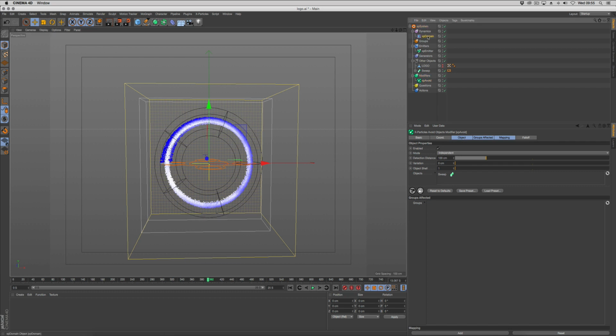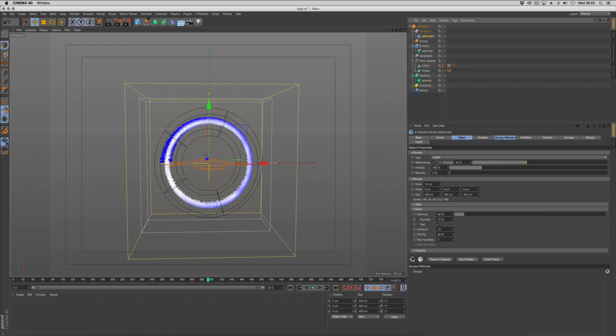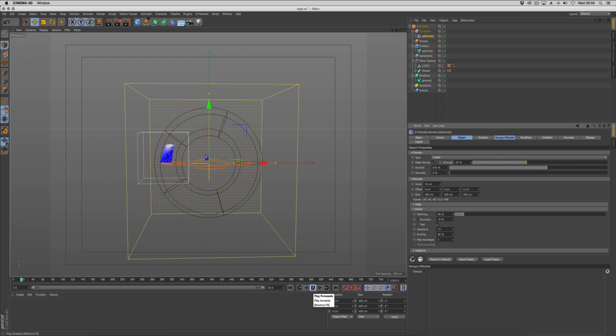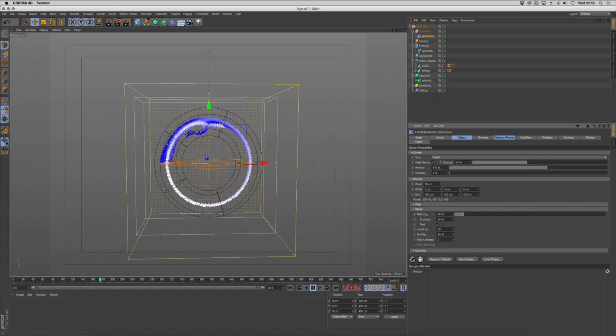And also if we go to our domain, put more vorticity in there, you'll see over time they start to get more and more speed and more vorticity. So you can see they're starting to flow around. Now if you've got a higher vorticity setting, they're going to get faster and faster and faster, and then in the end they'll start leaking out of the shot. So we're going to set that back to 200%,